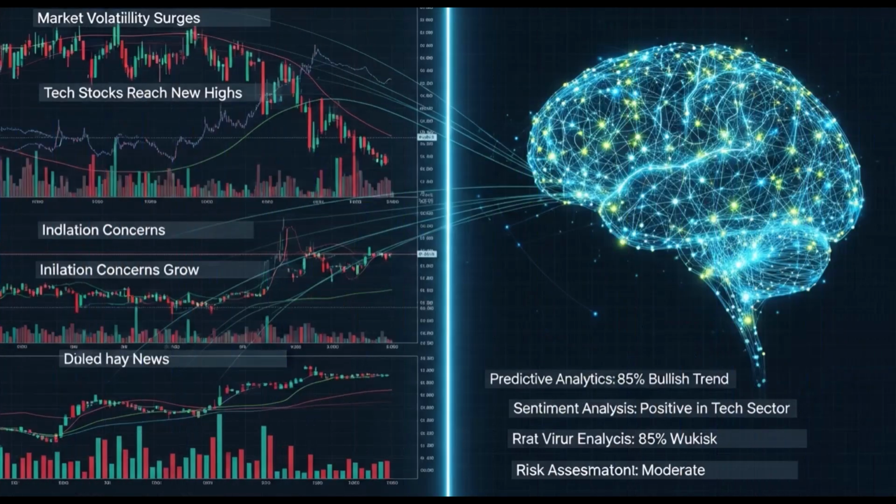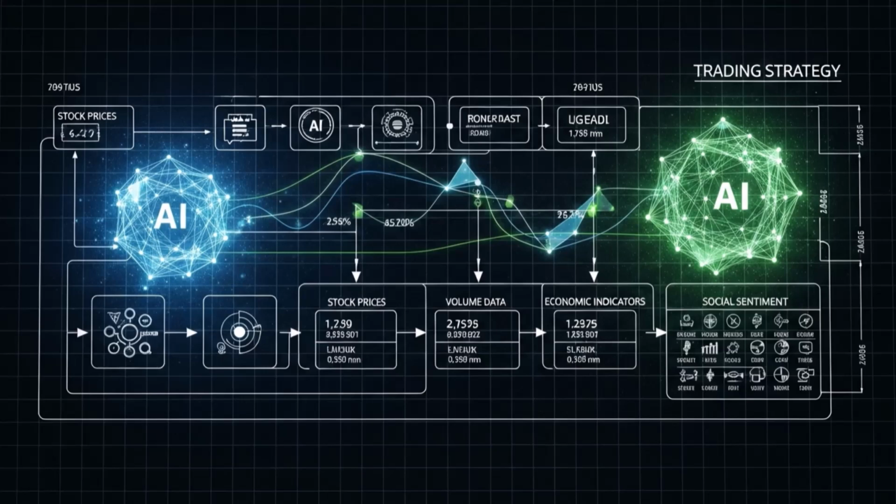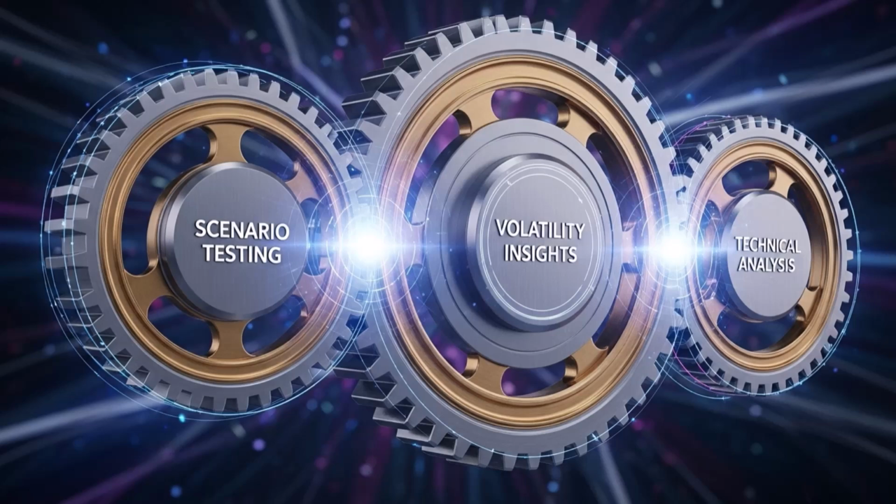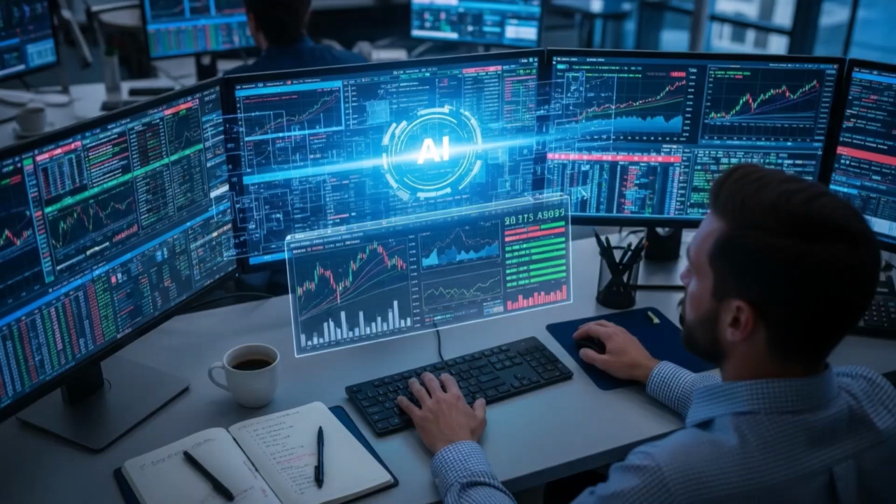By now, you've seen how ChatGPT can do more than just read the market. It can think through it with you. This section takes that capability and turns it into a structured trading edge. We'll explore how to combine real-time volatility insights, scenario testing, and traditional technical analysis into a single, repeatable process. You'll see how AI can filter out market noise, highlight the setups that truly matter, and even adapt your strategies